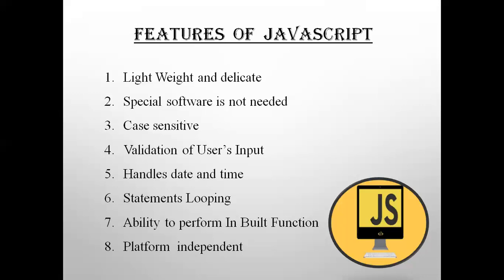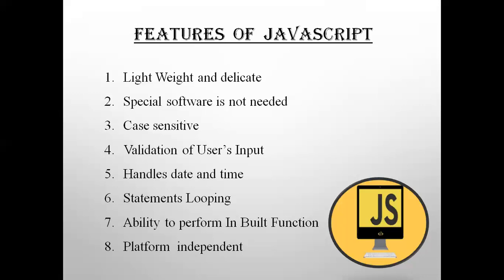Sixth, most of the JavaScript control statements, or the syntax which you are writing, are almost the same as control statements in other programming languages. There are loops, there are statements, and we're learning various data types. Almost it is similar to the other programming languages. Seventh, ability to perform inbuilt functions. This is an important part here. JavaScript has the ability to create new functions within scripts. You can declare a function with a name in JavaScript using the function keyword.